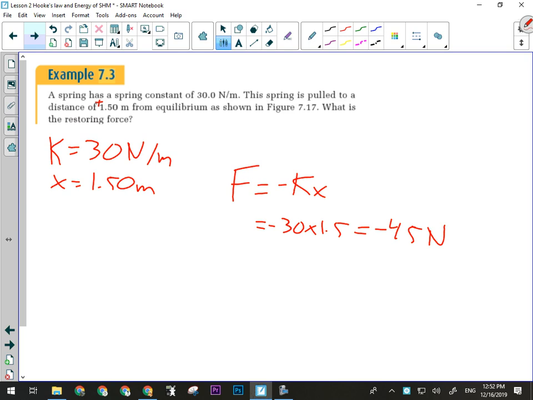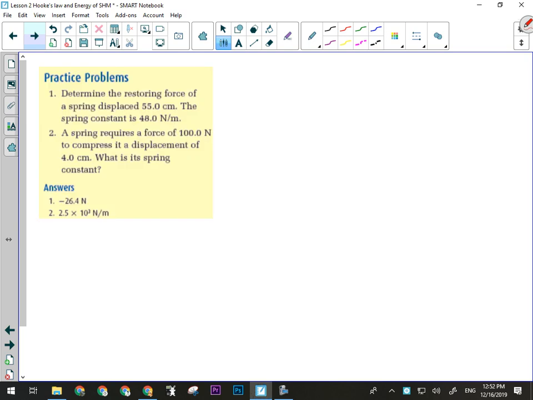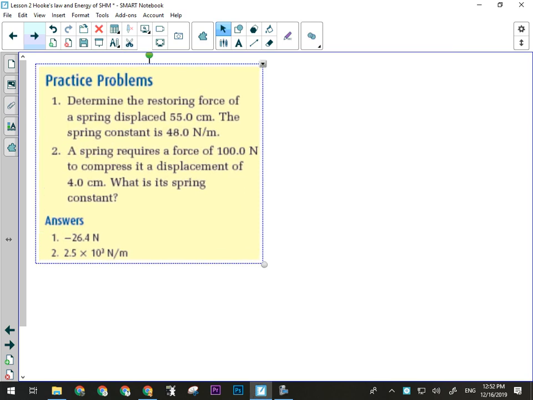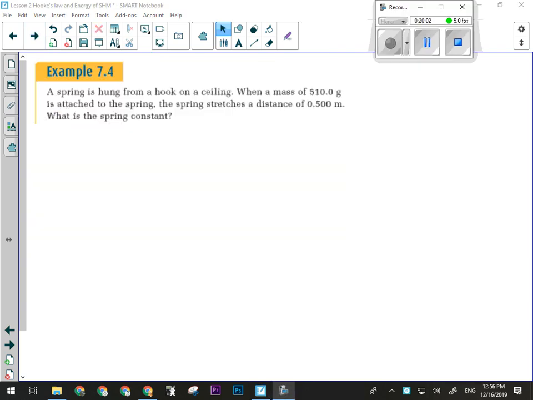So, I want you guys to try these 2. Hooke's law is not mathematically difficult, so I don't think you'll need too much time on this one. We're going to look at this one together. So I have a spring, and it's hung from a hook on a ceiling, just like what Hooke did. Oddly enough, because it was hung from a hook. We put a mass of 510 grams,